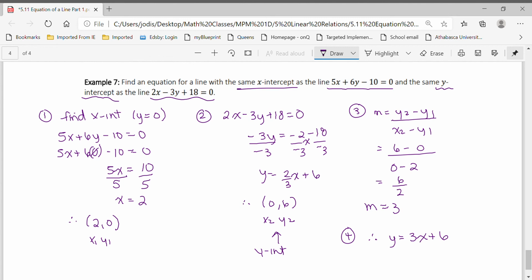Okay, and that's the end of this lesson, finding an equation of a line part 1. So there's going to be lots of different ways we can find the equation of a line. In this lesson, we just went over 2 of them, right? So given the slope and a point, or given 2 points on the line. Okay, so try the homework questions and let me know if you have any